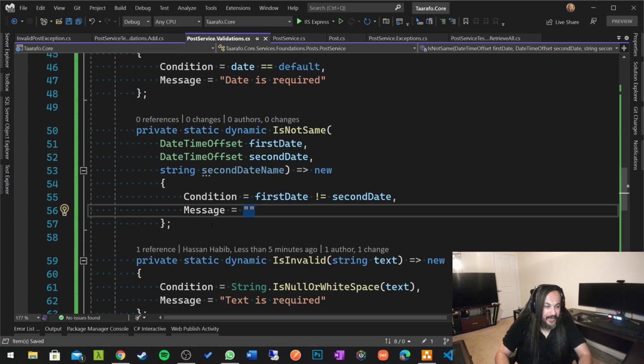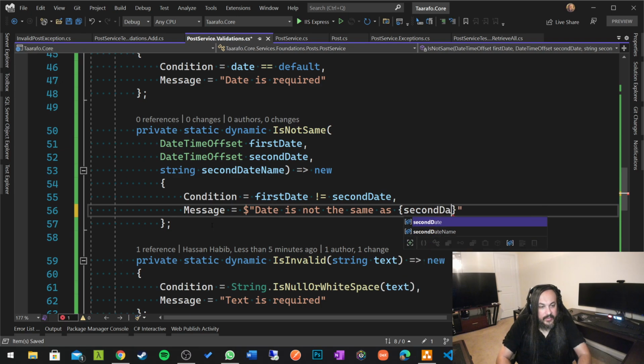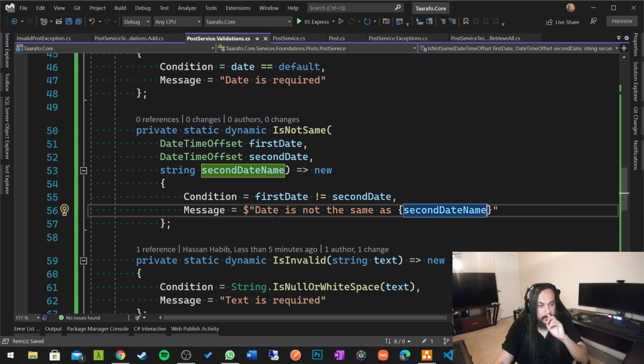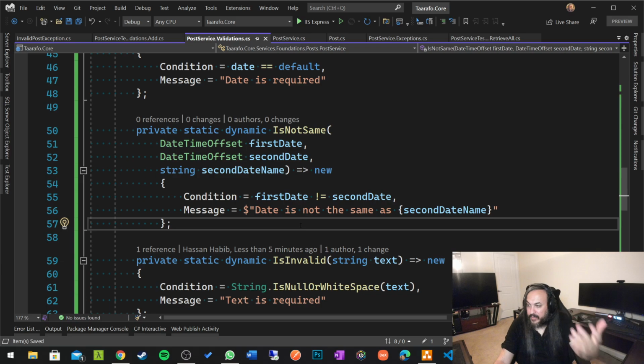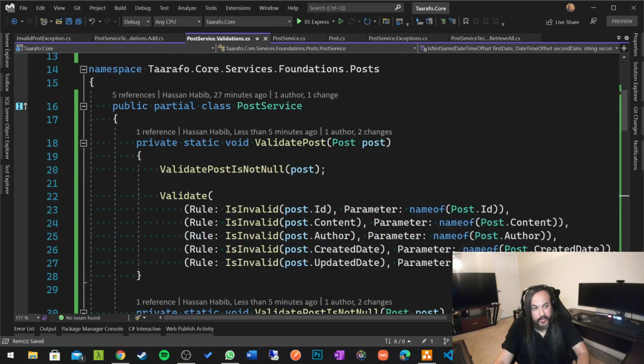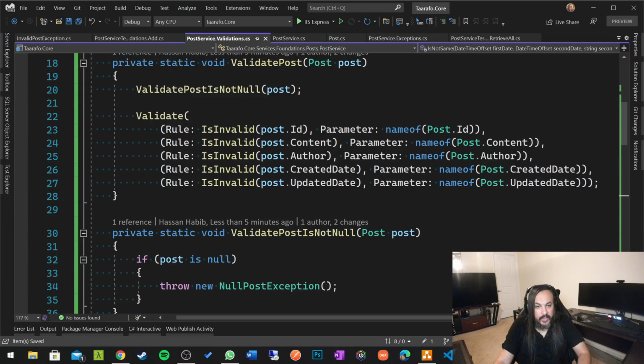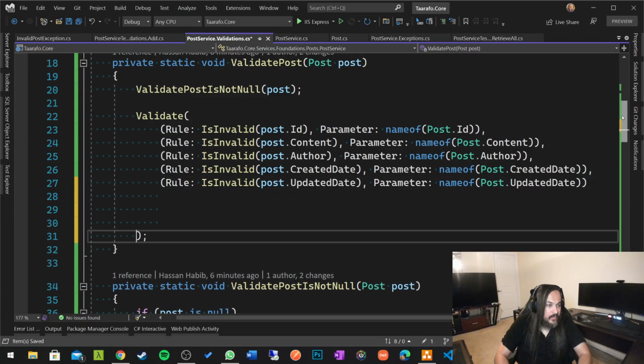There you go. Fine. Okay, so in here I say date is not the same as, and here's some interpolation here, and I'm going to pass in here the second date name, just like this. Now I just need to add this rule. So because I already have the business rules engine, once you've orchestrated a rule, now go ahead and pass it in there. So let's go down in here and say something to the effect of